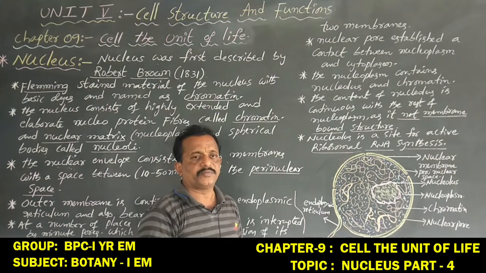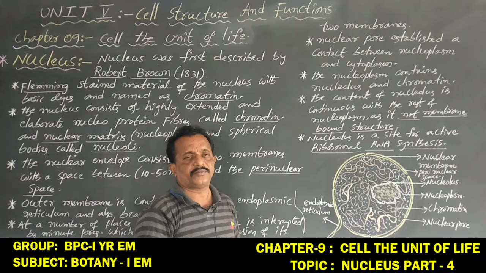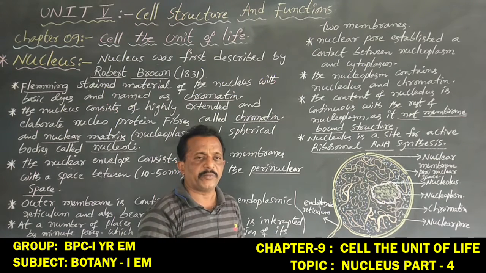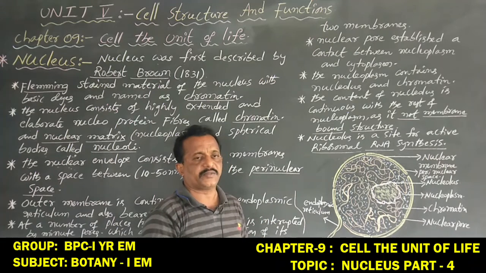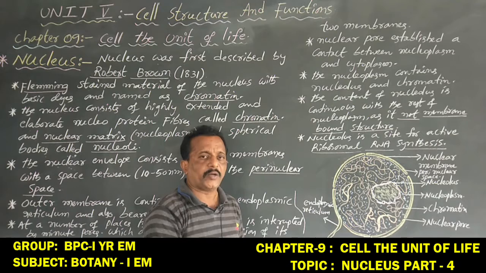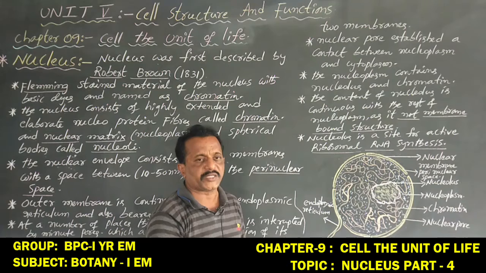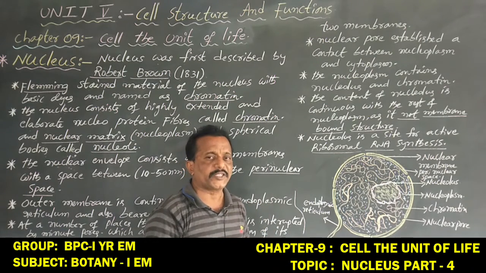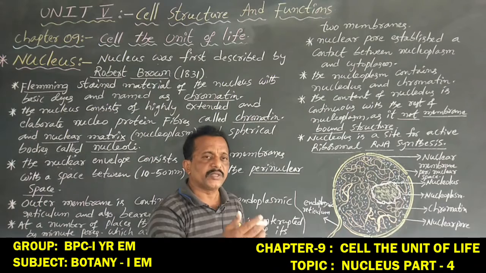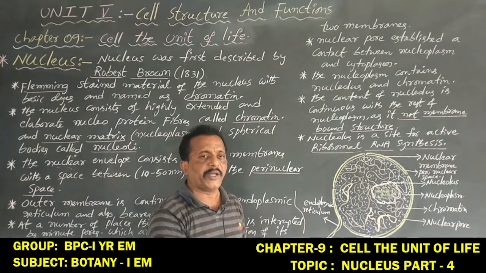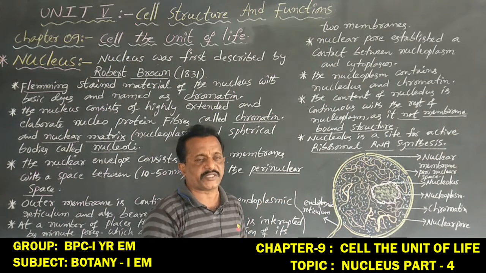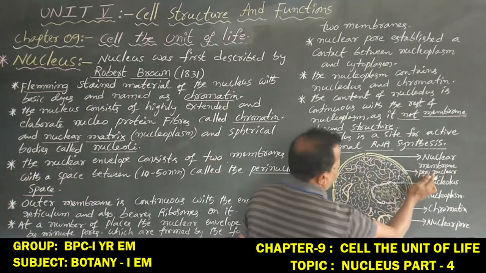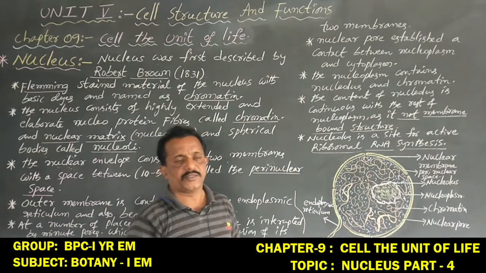In the chloroplast, a double membrane bound structure consisting of outer and inner membranes, the space between them is known as the periplastidal space. In mitochondria, a double membrane bound structure with outer and inner membranes, the space between them is known as the perimitochondrial space. Similarly, in the nuclear membrane, consisting of outer and inner membranes, the space between them is known as the perinuclear space.